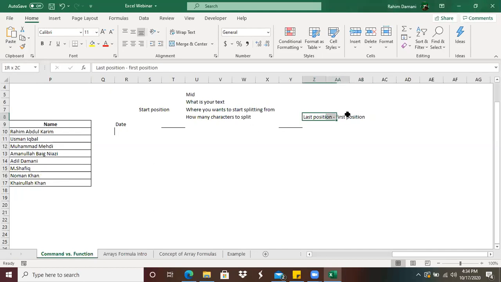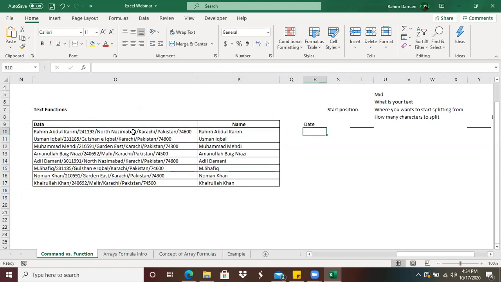I have to define an equation here: what is the last position and what is the first position, because in between there is the date of birth information. So I would use the SEARCH function to know the position of the first and the second character, which in my case is the slash sign, right?